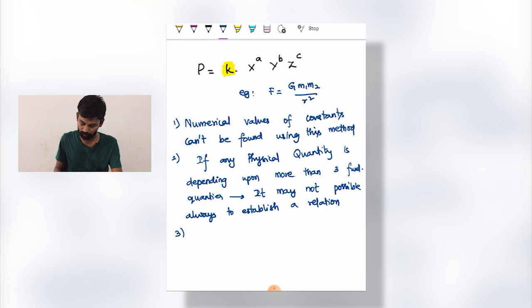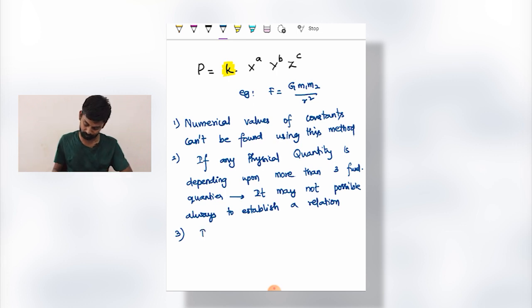And also, suppose assume that now P, X, Y and Z, all 4 physical quantities are falling in our 95%. So you have 3 variables, you are getting 3 equations from M, L and T separately. So and you are solving them and you are getting the relation. Now assume that P depends upon 4 physical quantities instead of 3. Then you will have 4 variables to solve, A, B, C, D. But you have only 3 equations with the help of MLT. So in that case also, it will be difficult to find out the relation. It will not be possible to establish a relation.